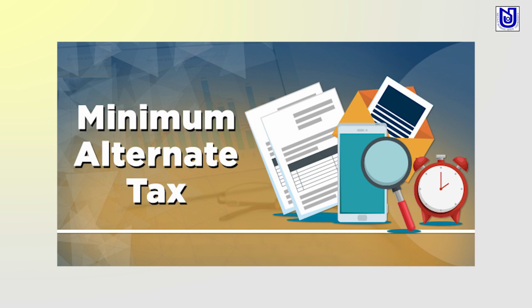We have to follow the list. Students, you may follow page number 18 of the study material already supplied to you, or you may have with you, wherefrom you can see that the following items are to be added back in computing book profit of a company. The first item is very much important. Income tax paid or payable plus provision for income tax, if any, including dividend distribution tax, tax on dividend distribution, interest, surcharge, education cess, etc. All these are to be added back. If you have deducted in your P&L account all these items, these are to be added back.